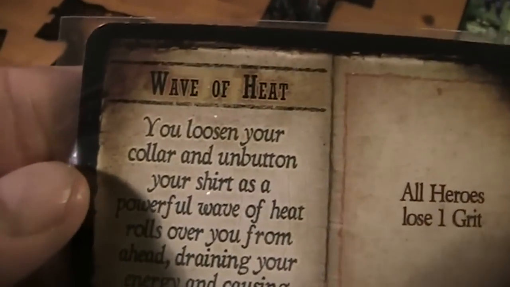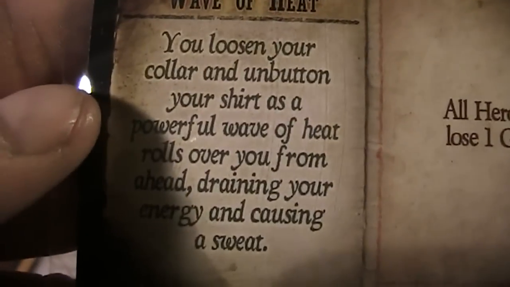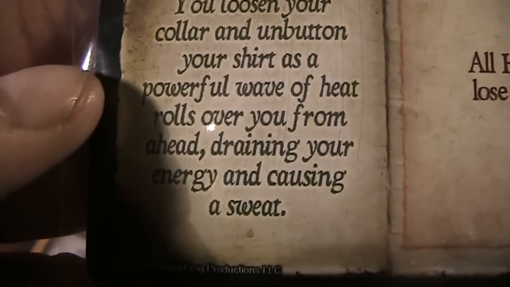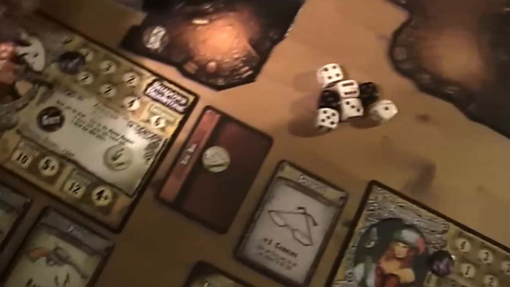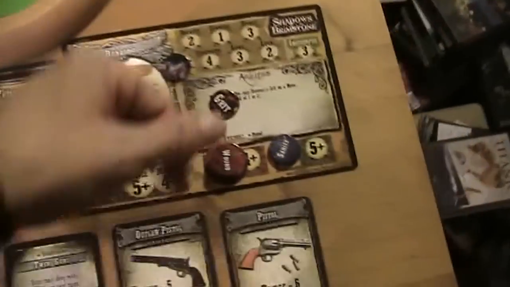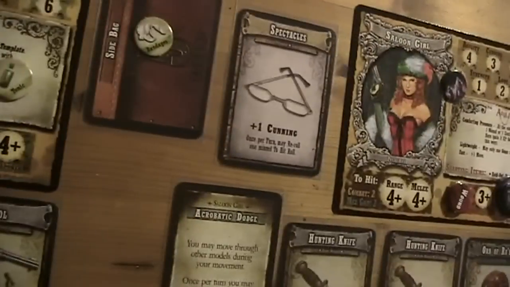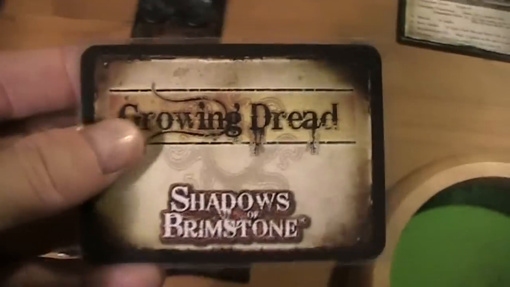Wave of heat. You loosen your collar and unbutton your shirt as a powerful wave of heat rolls over you from ahead, draining your energy and causing a sweat. All heroes lose 1 grid. Okay, that's not great. So these 2 guys lose a grid. He's got the tonic, so that's no grid. But okay, he loses his grid, and this lady doesn't have a grid. So. And then finally, the last growing dread card is